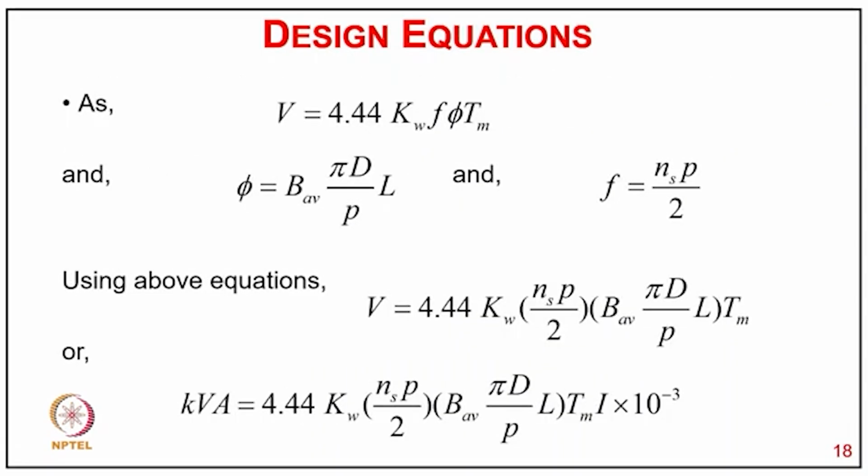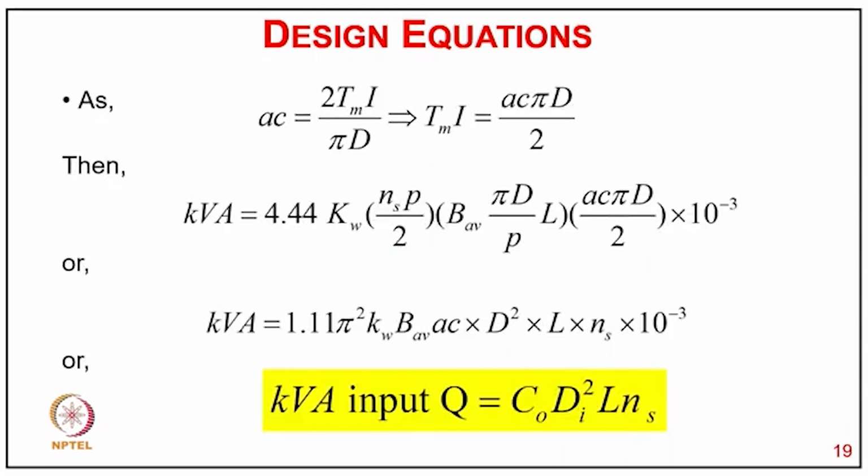where V is 4.44 Kw F Tm, where phi is B average pi D L by P, and F is NS P by 2. Using these equations, V will be equal to 4.44 Kw NS P by 2 into B average pi D L by P into Tm, and if we put this in the kVA equation, it will be 4.44 Kw NS P by 2 B average pi D L by P Tm I into 10 power minus 3. We can say AC, the specific electric loading, is 2 Tm I upon pi D,